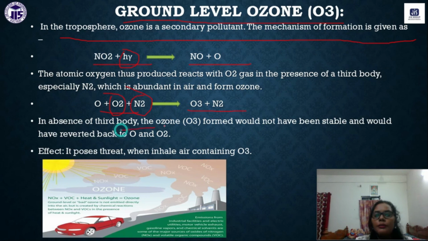In the absence of a third body, the ozone formed would not be stable and would revert back to an oxygen atom and oxygen molecule. It poses a threat when we inhale air containing ozone, and it is very harmful if we inhale ozone